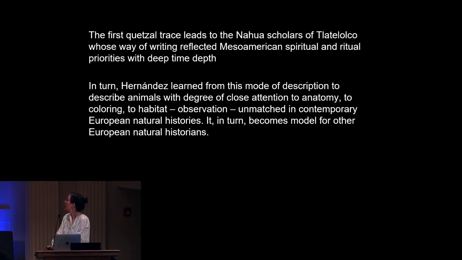So to conclude this first section, sorry, what was the time remaining? Okay, so I'm taking longer than I expected. I just want to emphasize here that by focusing on the Quetzal trace, we're able to see the connections between these three kinds of sources in a way that you couldn't see without it.